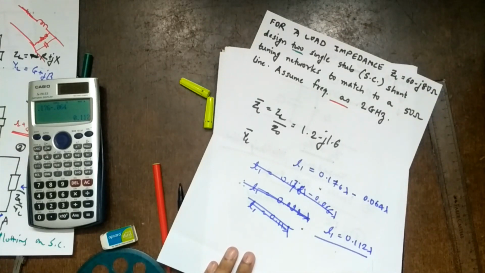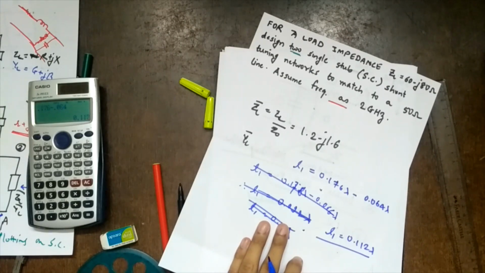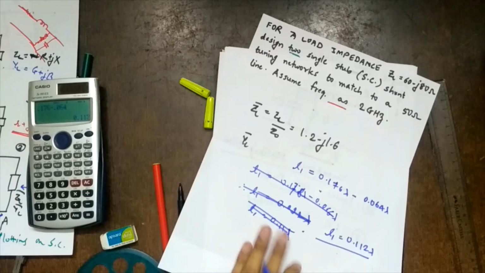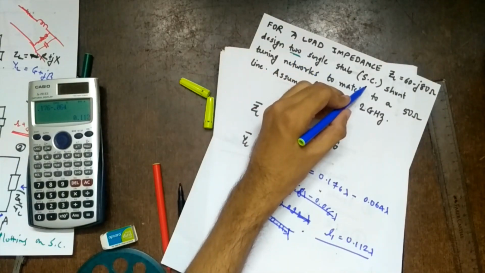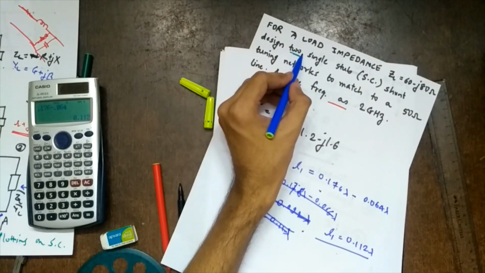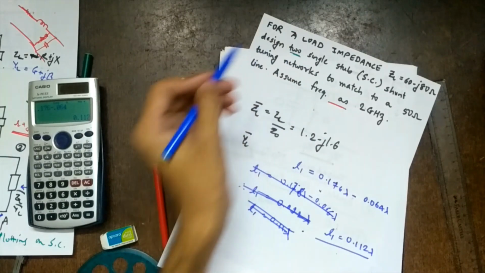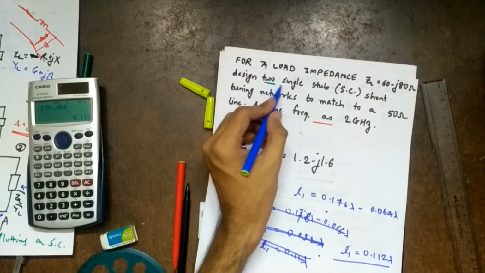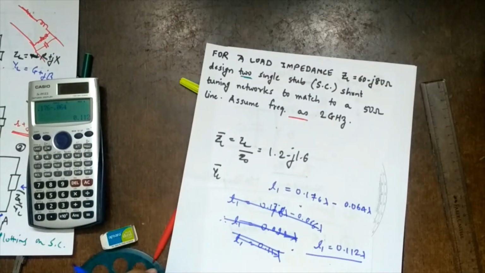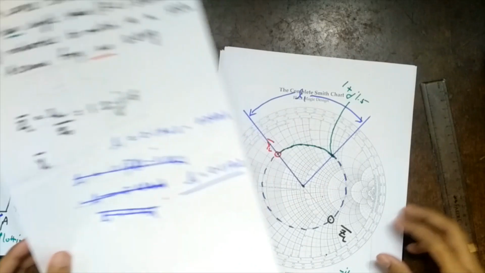I forgot to tell you, this sum is taken from the book Microwave Engineering by Pozar. This will be our reference book for the subject. Page 236 for the 4th edition. The second single stub section I will not tell you; you refer to the book and practice. Practice is very important for Smith charts. If you just see it orally and think you'll do it in the exam, it is not possible. So practice the second one on your own.